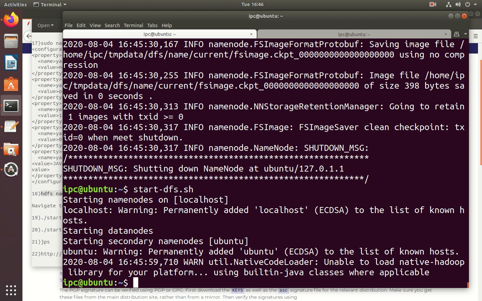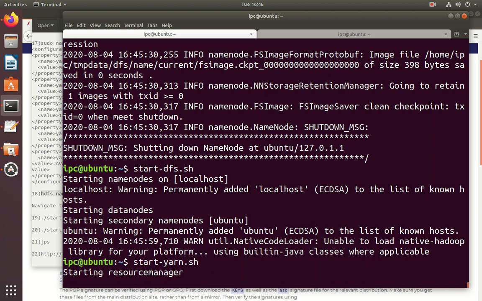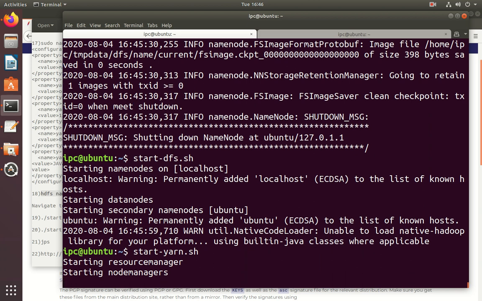And next, see, start the start-yarn.sh. So it will start the resource manager and node manager. See, once the name node, data node and secondary name node are up and running, start the YARN resource and node managers.